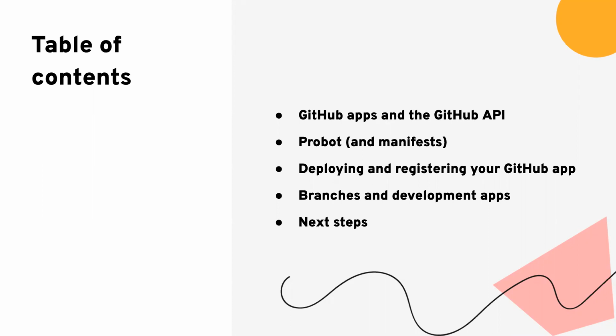Then we'll move on to Probot itself and how it utilizes a manifest YAML file to set permissions for your apps and set them up to register on GitHub. Then we can look at the template itself and some of the choices that we've made in our team that simplify the typical registration process for apps,